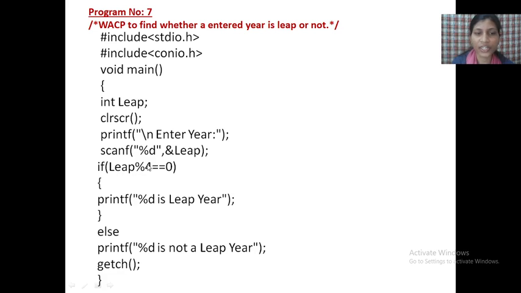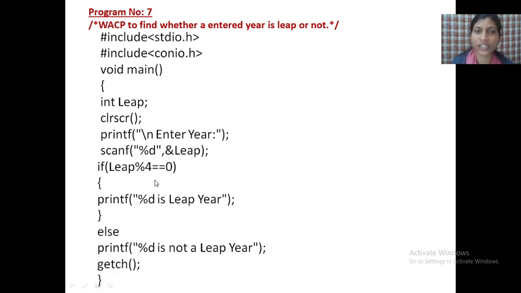If this condition is true, the cursor comes inside the if block and printf("%d is a leap year") displays that whatever year you have entered is a leap year.